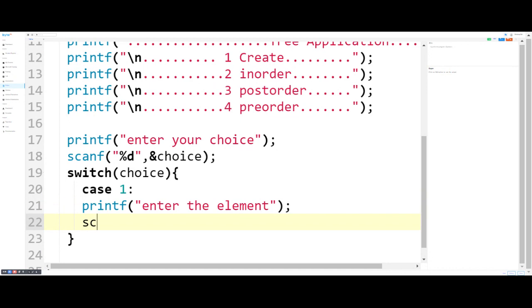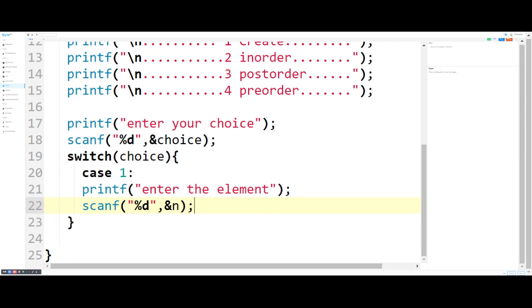Now in the second one scanf, we simply write here percent d, and we take the variable address of n. Getting? In case 1 we take the element from the user for creating a node.